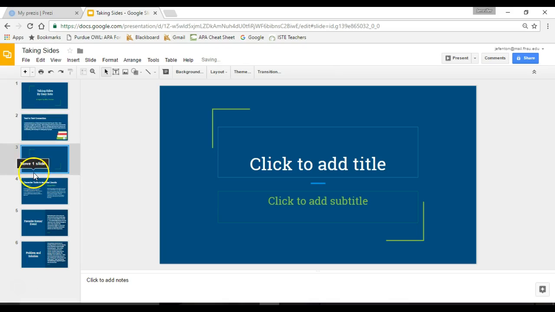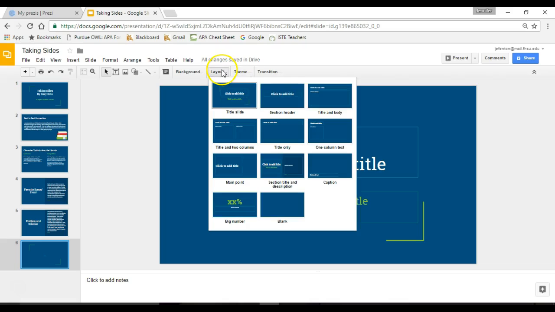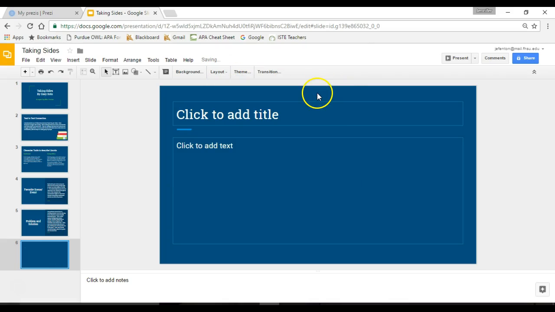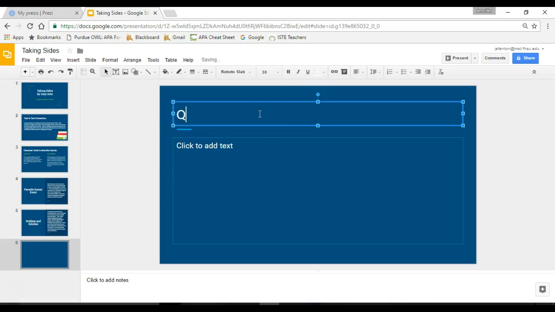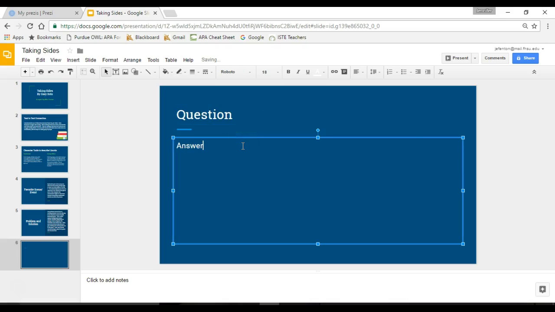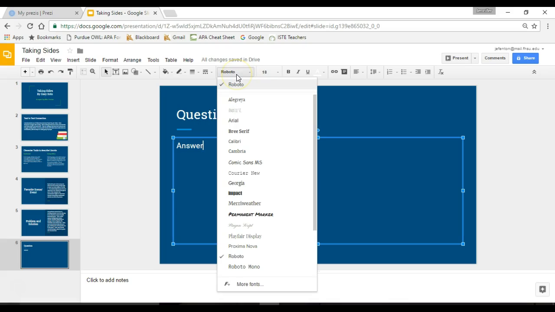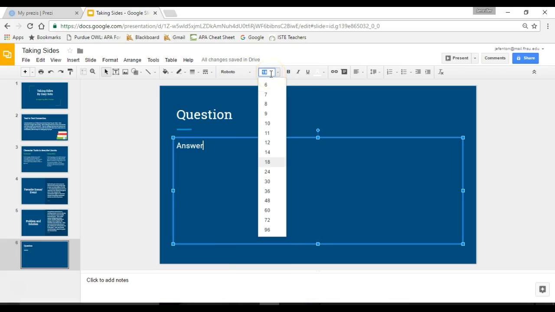And just like with Prezi, I can slide my presentation slides up and down. If I'd like to change the layout of my slide, I simply select Layout and choose my favorite option. For this layout, it may be best to put the question at the top and my response below. Again, when responding to my questions and prompts, I want to make sure to include text details for support. I can change the font size,